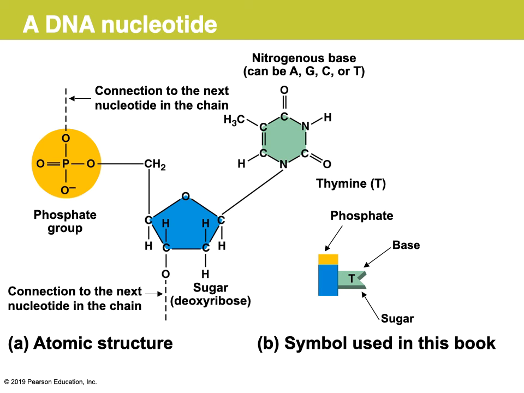So seen here, you see that this 3-part molecule, the phosphate group illustrated in yellow and the sugar illustrated in blue, that part's going to be the same in any DNA nucleotide. And that sugar is the deoxyribose that is part of the name. The part that's going to be different is that nitrogenous base represented in green in this illustration. So the symbol used in the book is showing the sugar phosphate, what's going to be part of the backbone